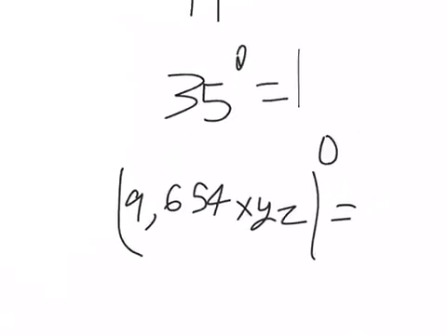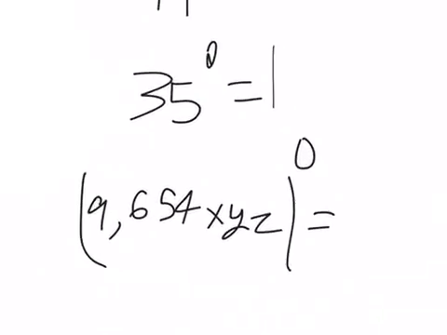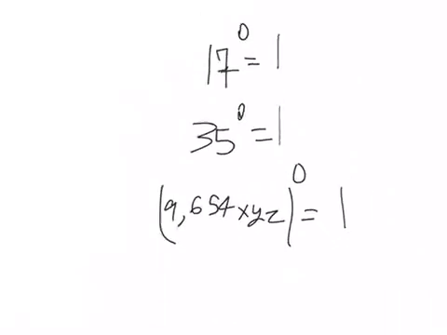And now here, for example, we have a crazy monomial: 9,654xyz. But it's to the power of 0, so it will be 1. So yeah, and that's it